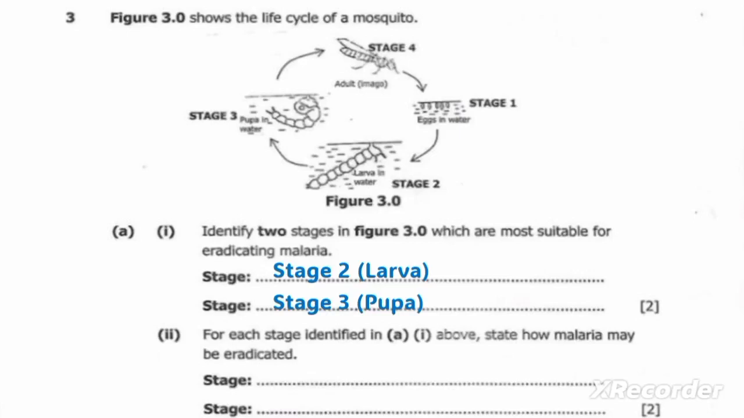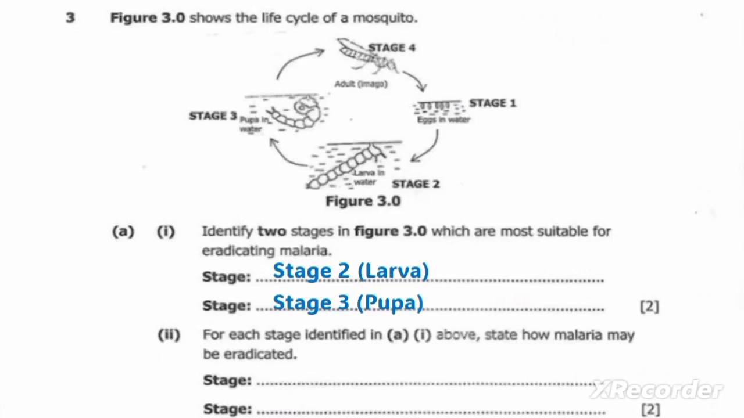So stage 2, as we can see, is showing larva. How can malaria be eradicated at stage 2? Malaria can be eradicated by using oil. Remember I said larvae are found on the surface of the stagnant water, where eggs are put on the surface of the water. So if we deposit oil on the surface of the stagnant water, this oil